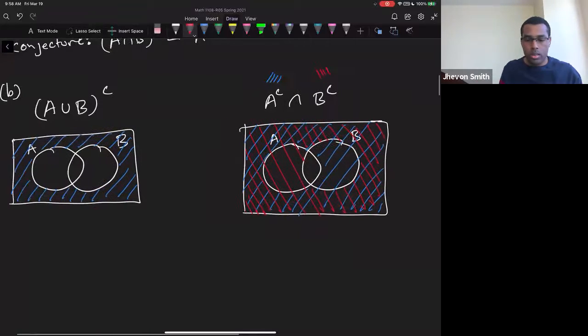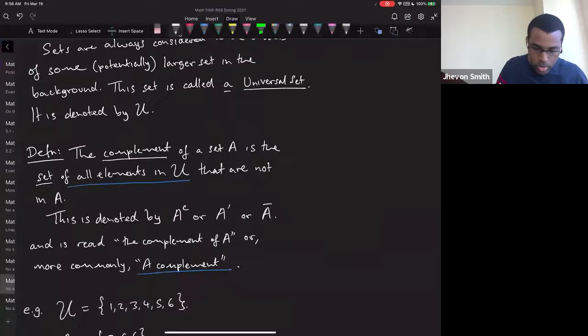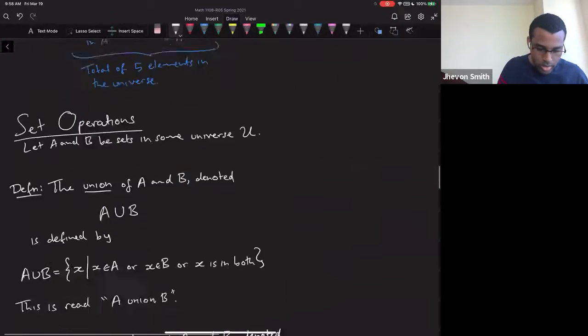I had a question. Why is the intersect not shaded in as well with everything outside of it? Because the intersection is in the union. So it still counts. If you go back to the definition,